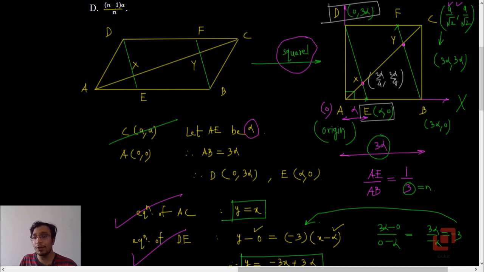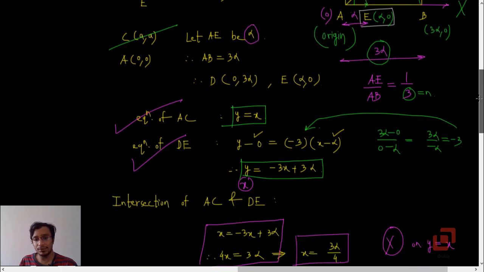Okay, now from the coordinates of X, can we find the distance AX? Yes, we can, and we know that distance AX is the same as distance CY. So once we find these distances, we can subtract their sum from the length of AC, so that we will get the length of XY. That's what we are looking for. Okay, we are looking for this length, isn't it? So let's do that now.